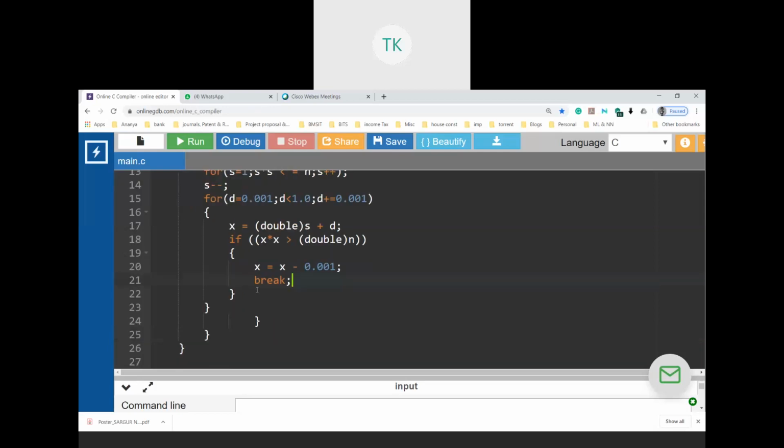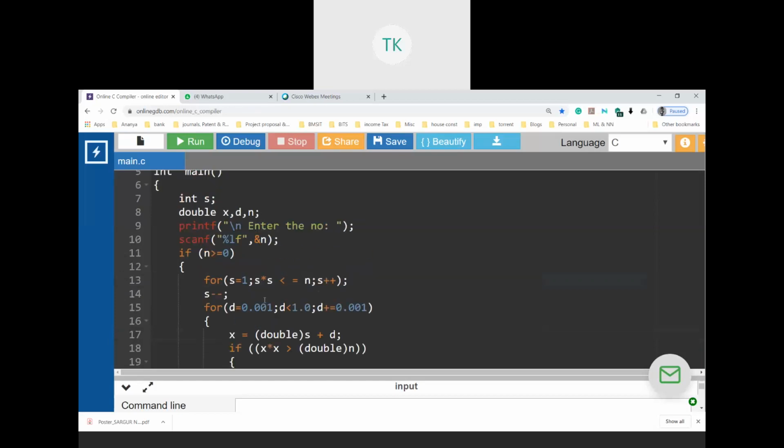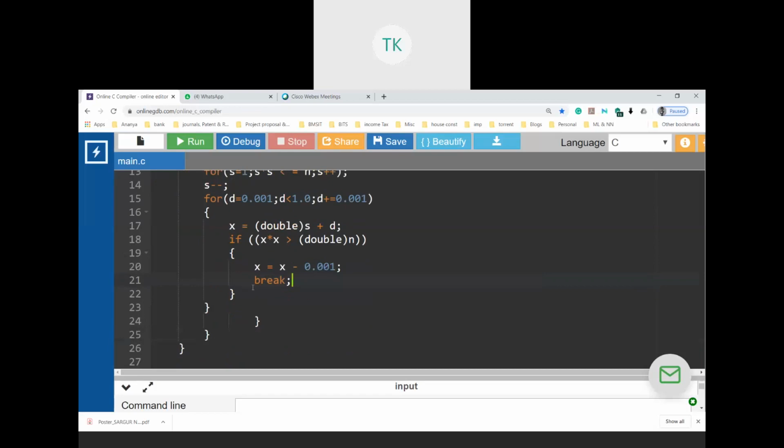Okay, so then the x value is reduced and you have a break statement here. I think we have an extra break statement here. So it comes out of the for loop, not just from the if conditional statement. It will be coming out of the for loop. Now when the control comes out of the for loop, we have computed the square root of 29, which is now in x.